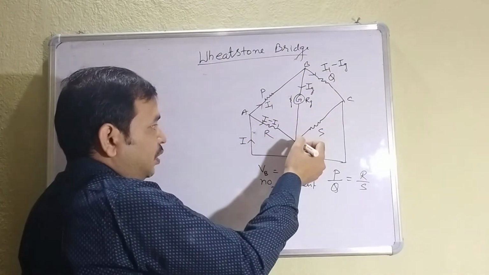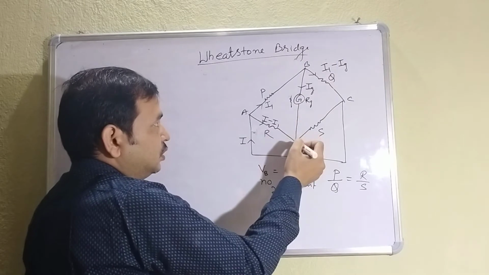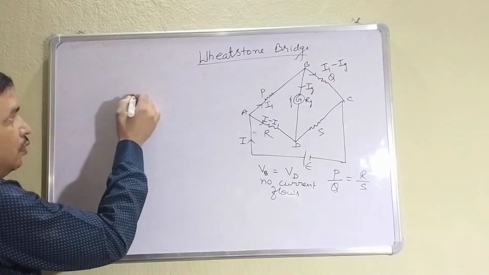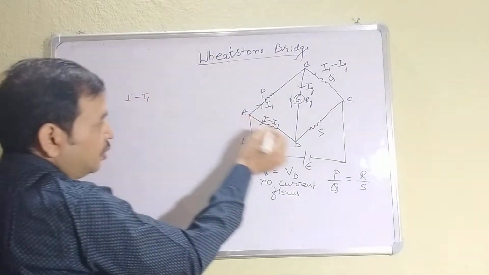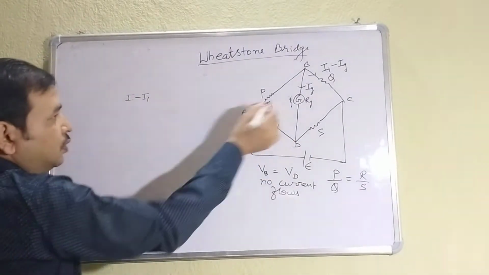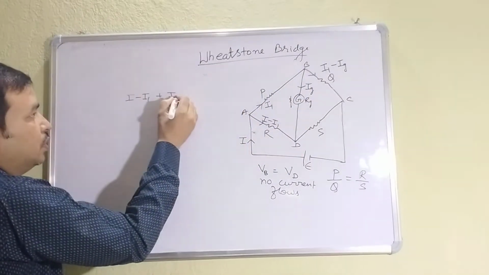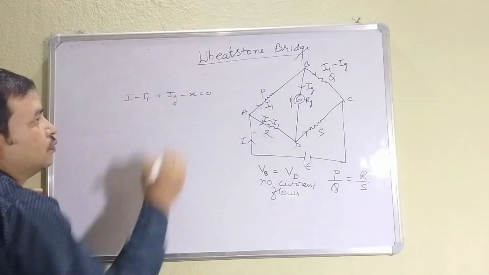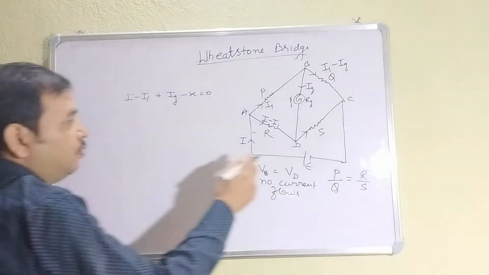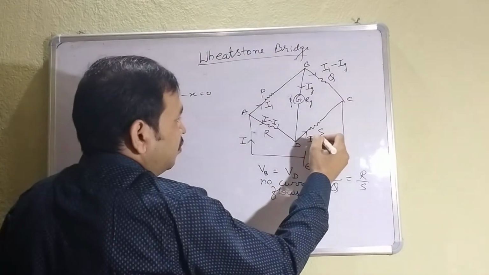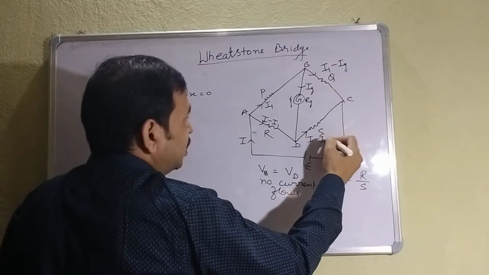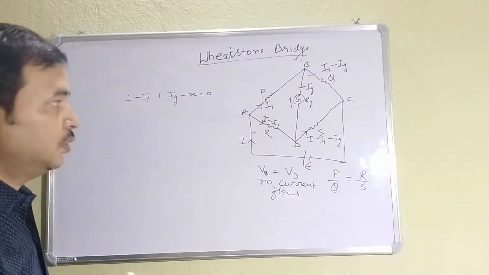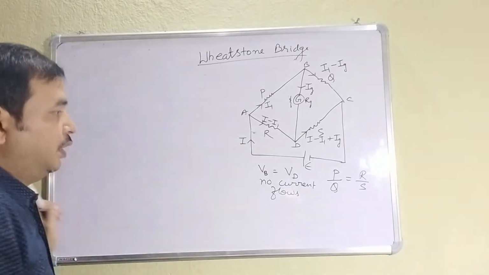Now the current coming at junction D is Ig from this side, and I minus I1 from this side. One I am solving for you. I minus I1 is incoming current toward the junction, so it is positive. Ig is also incoming current, positive. Let the current going in this direction be X. So that sum must be equal to 0. So what will be X? X is I minus I1 plus Ig. Clear? So this is about the distribution of current.